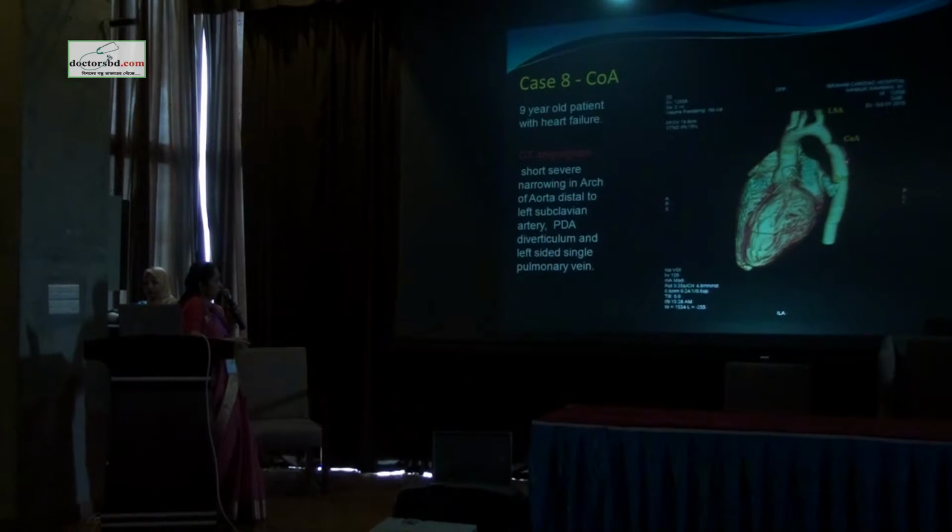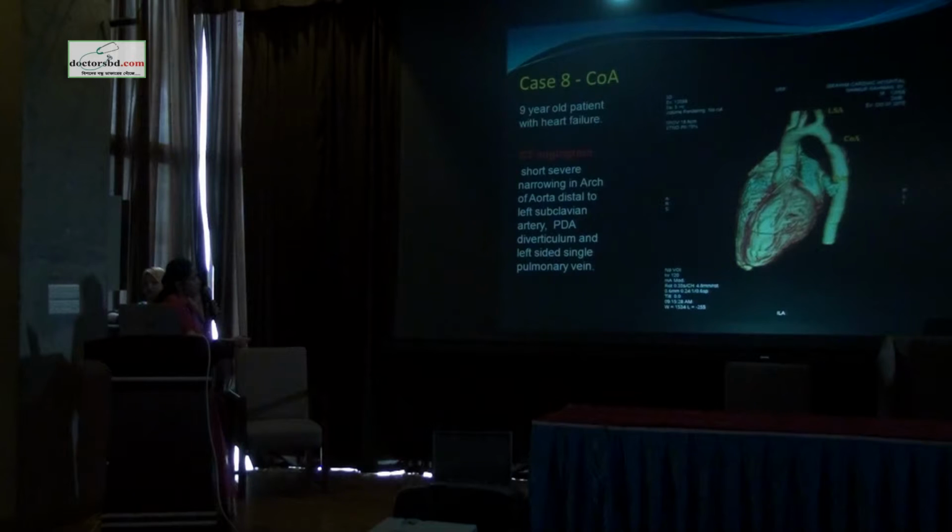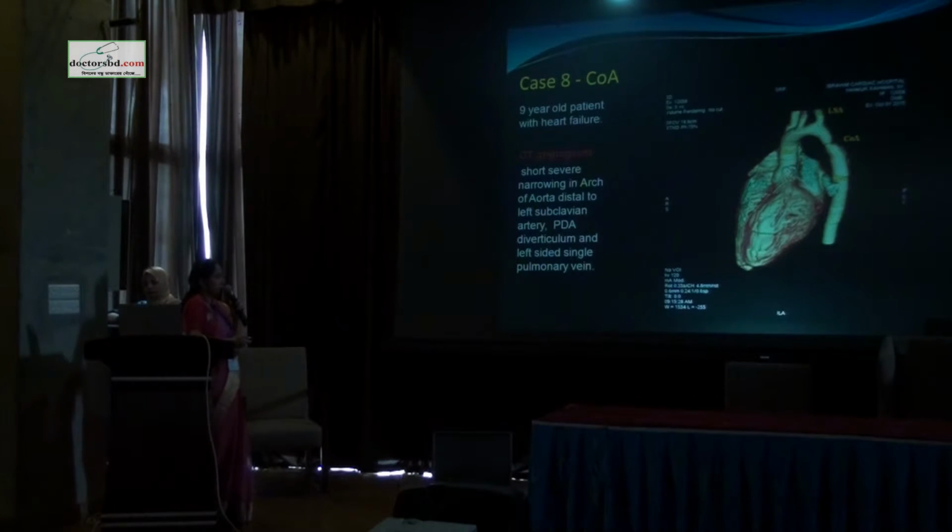That's coarctation of aorta. Now I show you only the 3D images, but when we report these cases, there are many other things we have to write. That is the cross-sectional diameter of the coarctation, and what is the size of the rest of the arch of the aorta, and the ratio between the arch of the aorta and descending aorta, and what is the condition of the coronaries, whether there is anomaly or not. Because all this extracardiac information is very important for surgical planning.